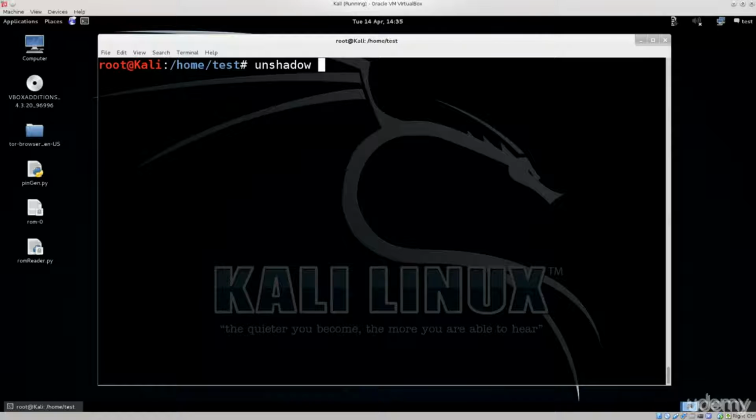Yes, my typing skills are amazing. So just type in unshadow /etc/passwd and /etc, which one was it? Shadow. Excellent. And we need to store this into some sort of file. You can name it whatever you want. You can actually smash your keyboard if you wish. I'm going to go ahead and name mine